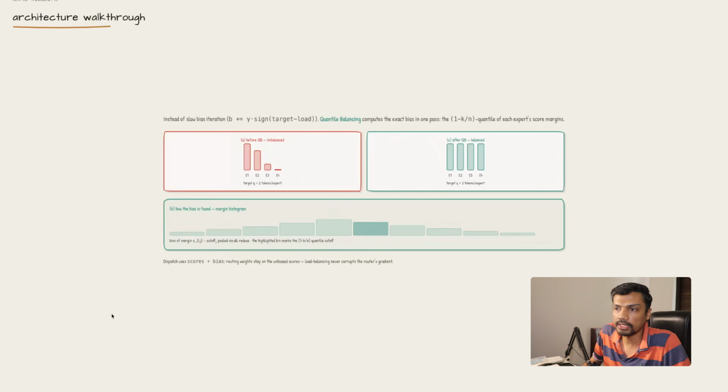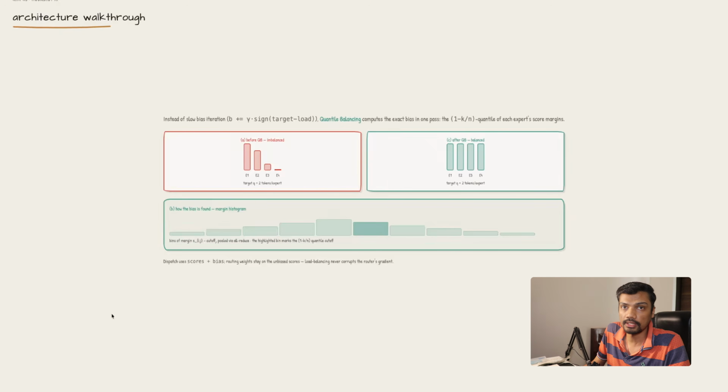So every table fills at the same exact target rate. By using a fast histogram binning method to compute this cutoff across GPU clusters, Kimi K3 balances routing load instantaneously